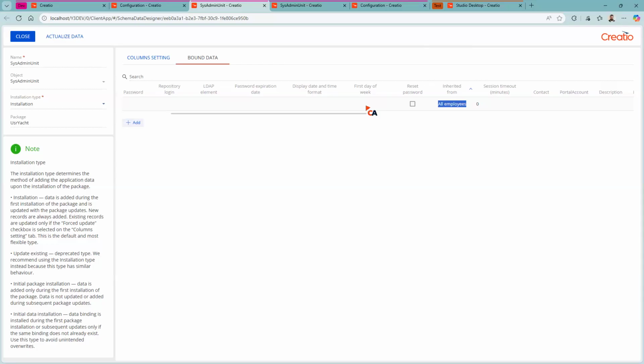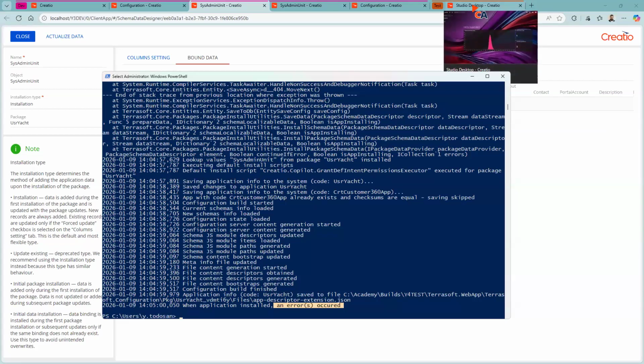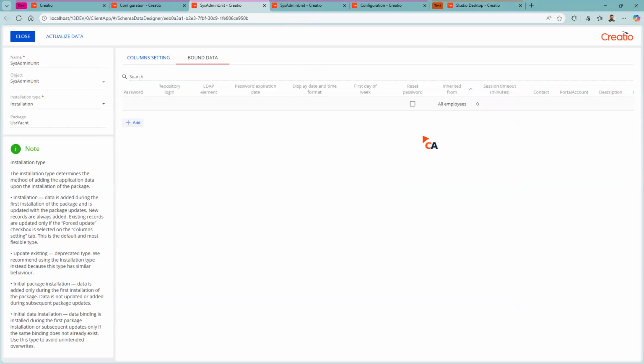So what it means for us? It means for us that when we were installing this data file into the, we should be well done already, and we see that an error occurred. And when we were installing this data file into targeted test environment, and this will happen to you, we tried to install a unit with empty parent role first. And there is a